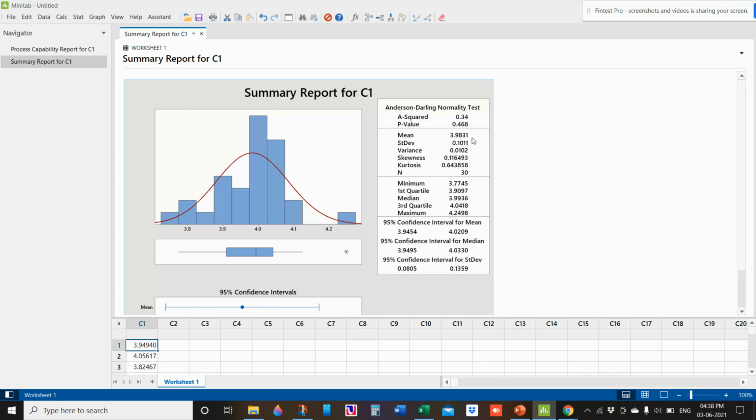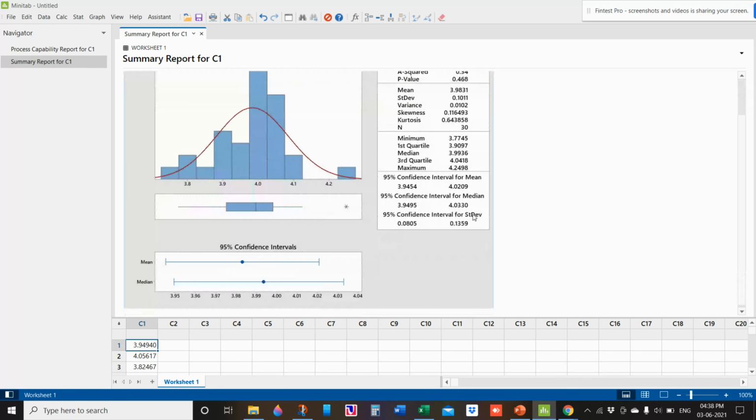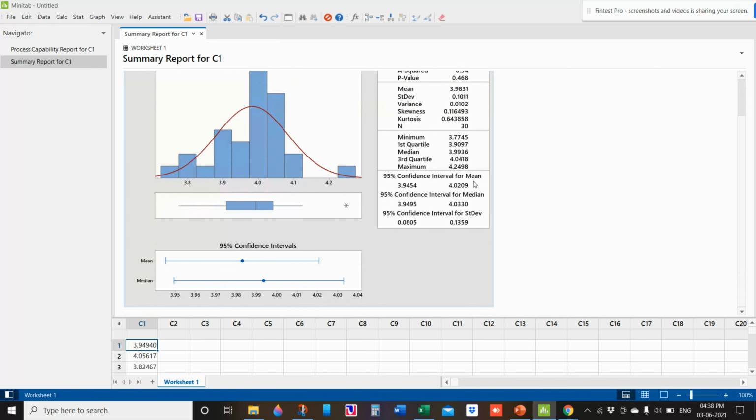Here the mean is 3.981. Standard deviation, variance, skewness, kurtosis, and n are given. Minimum, first quartile, median, third quartile, maximum. The 95 percent confidence interval for mean is from 3.94 to 4.02.